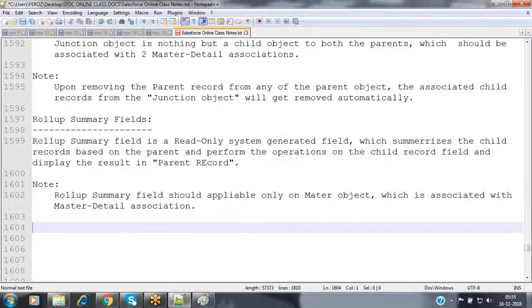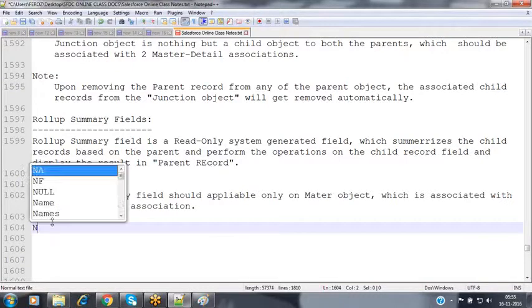So now, when coming to the roll-up summary field, how can we implement it here? In order to generate the result to be displayed in the roll-up summary field, we have to use some aggregate functions.